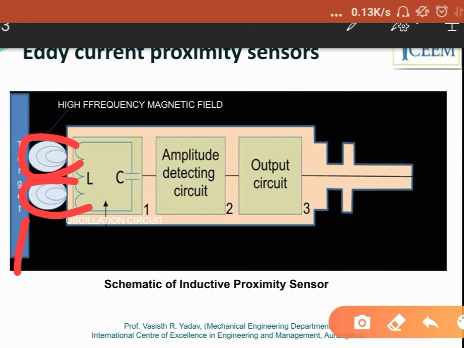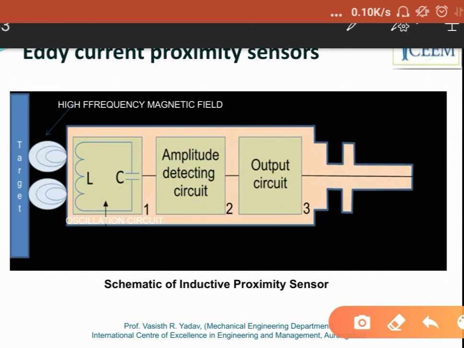These eddy currents are induced in the object which comes in contact with the magnetic field, and these eddy currents create their own magnetic field which distorts the magnetic field, right?